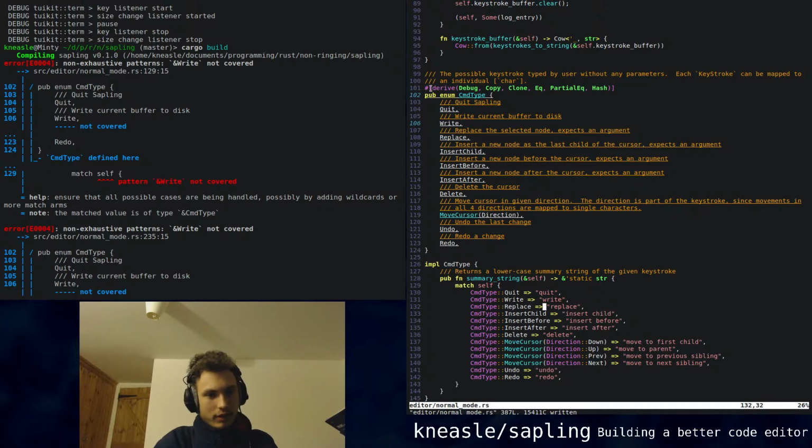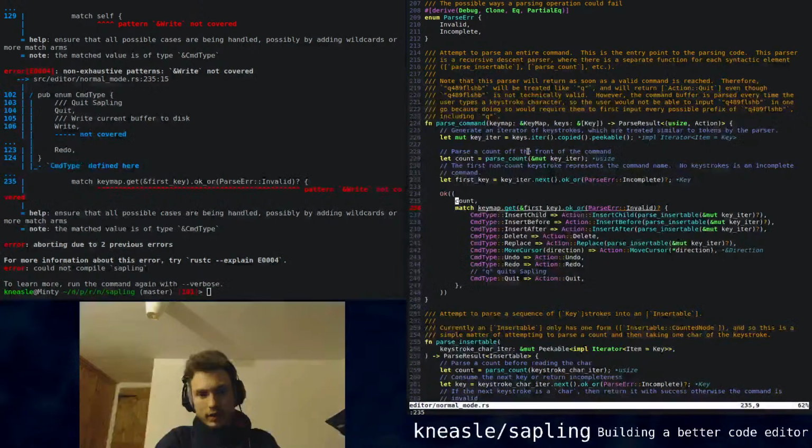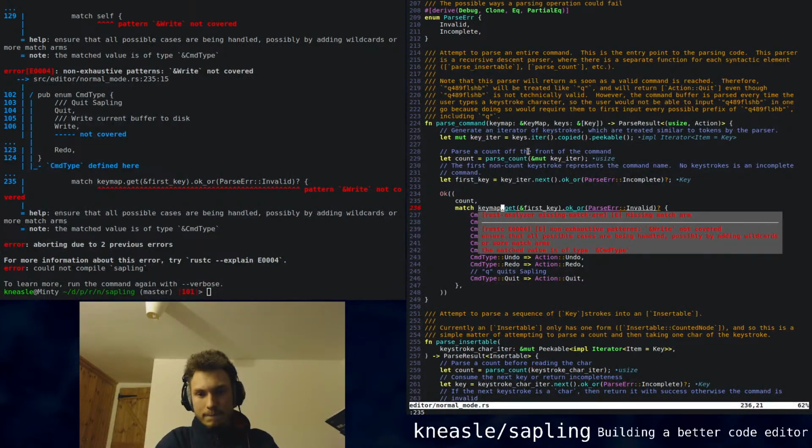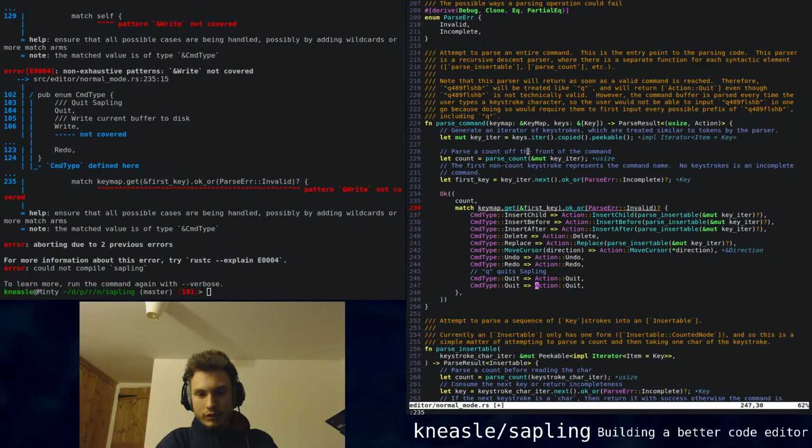Where's the next error? 235. No, in fact, it's not 235 anymore, but convert it to an action. Okay, so we need action.write as well. Yeah, we could really do with getting rid of